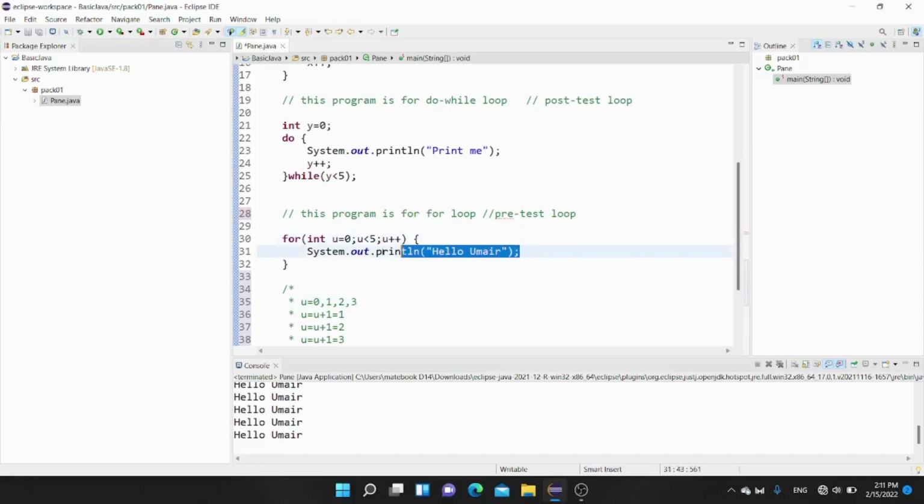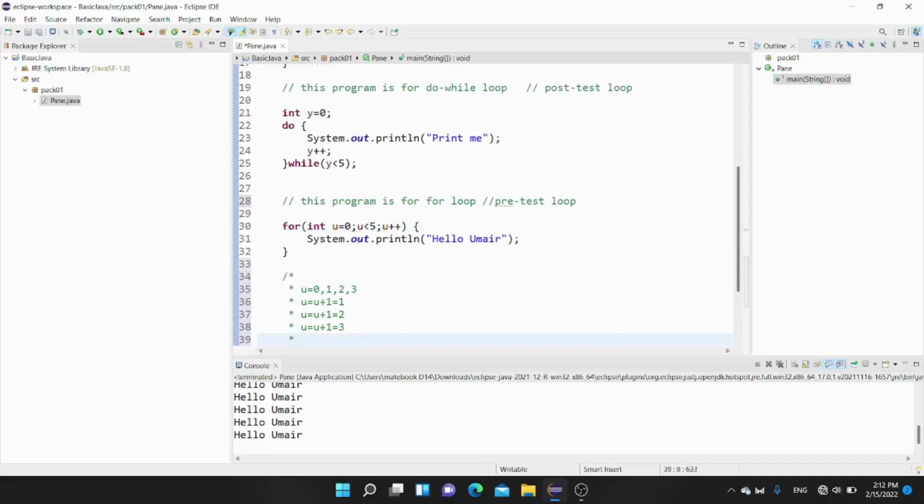So again it will print this one, and again it will increment the u value, u is equal to u plus 1. Now the u value is 3 plus 1 is 4. Now my u value becomes 4. Here it will check, is 4 less than 5? Yes. Again it will print this line here, and then it will execute this one,